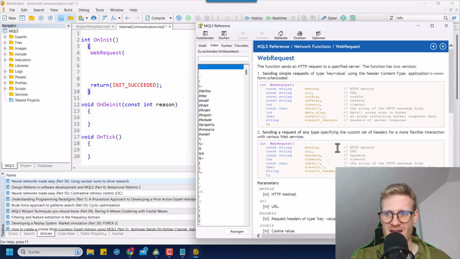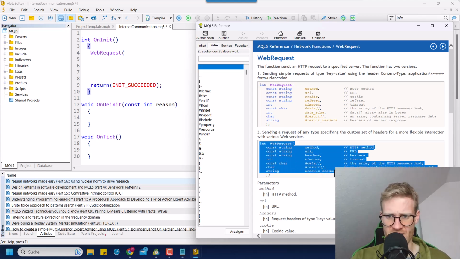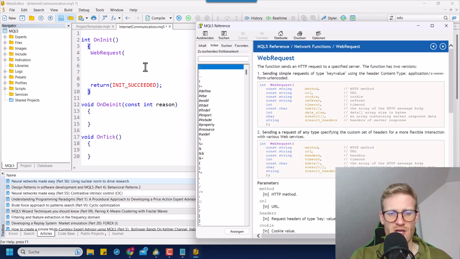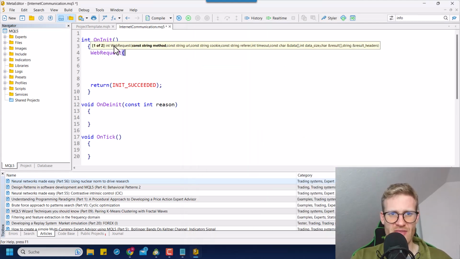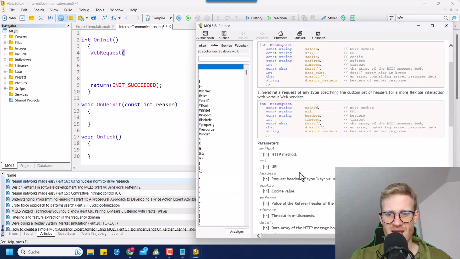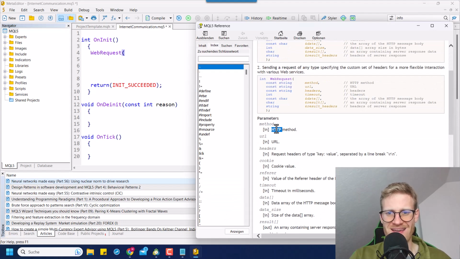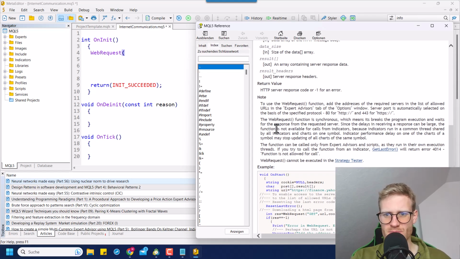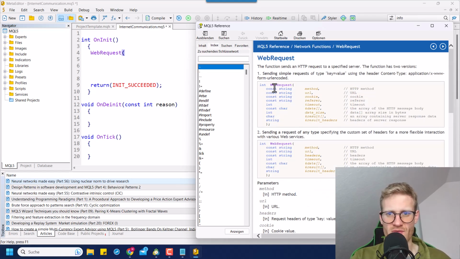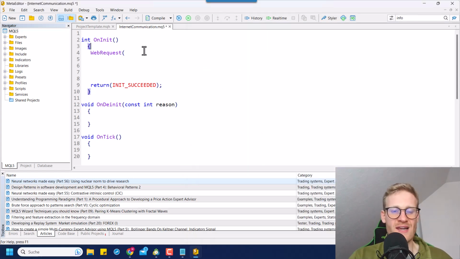And we can have two different versions here. Let's just use the shorter one, because it's probably easier. So we can go WebRequest, and then you can see there's a method requested first, and here you can choose between GET and POST. GET means that you want to get data from a server. POST means you also want to get data from a server probably, but you want to give data to the server first. Let's start with a GET